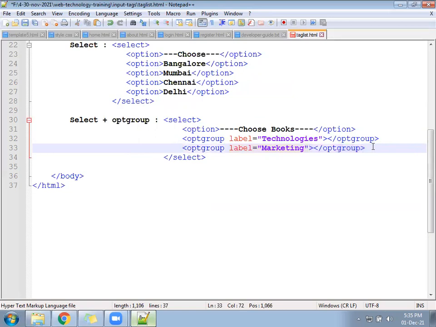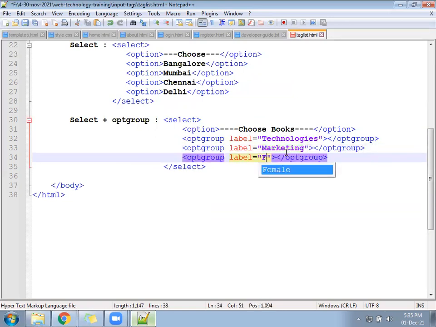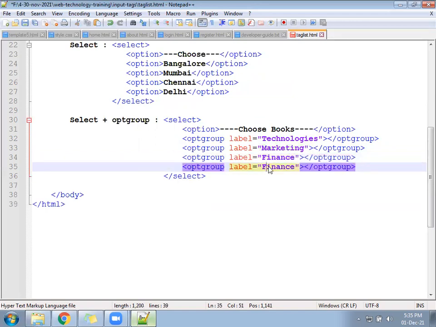Third option group, finance. And fourth option group, entertainment, or maybe something else, general. So these are all the categories you have defined: technology, marketing, finance, and general.